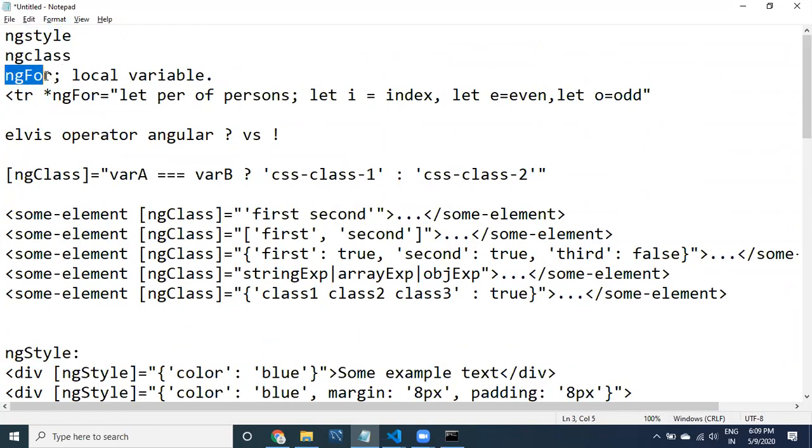Of course, we have knowledge of ng for to iterate the data. This ng for contains local variables like index, even, odd, first, last. You can use them. And then I would like to show you something else, which I will keep as the last priority.